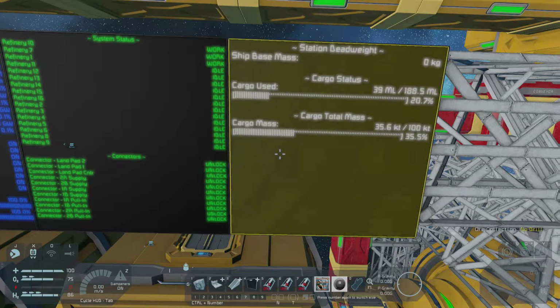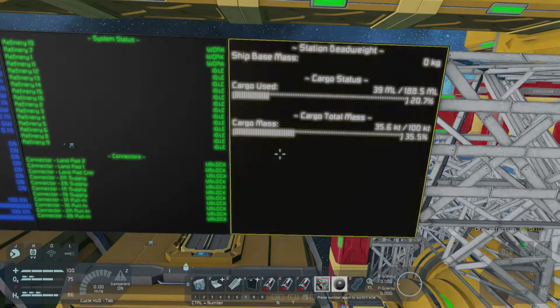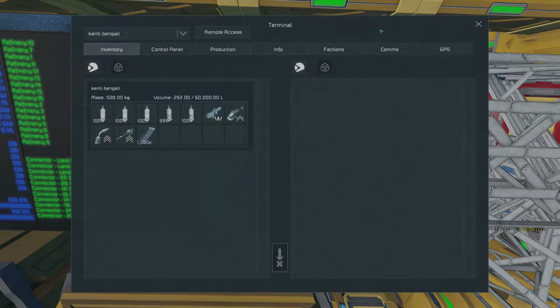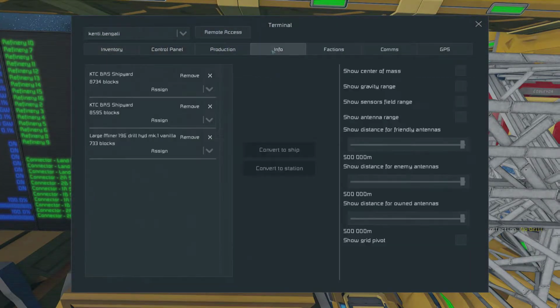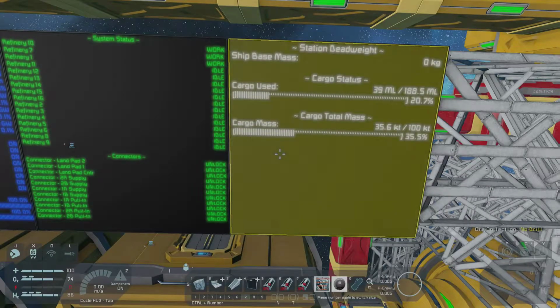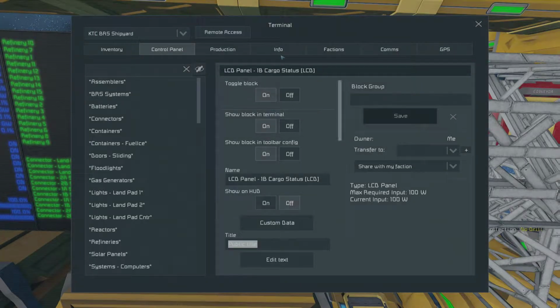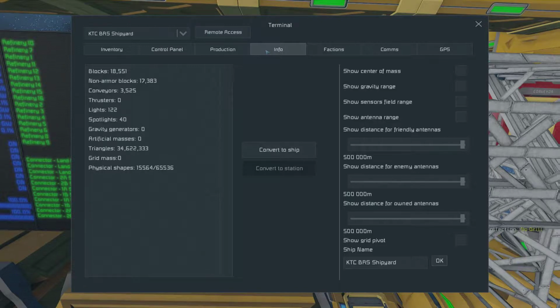Okay, I think the reason that shows 0 is because, okay, for example, if I go into info, why am I seeing different information here? Not the information I was expecting. There we go. Okay, so